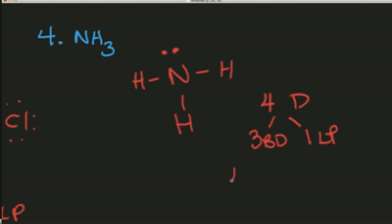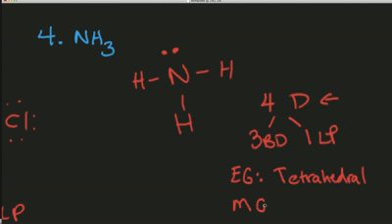So that means the electron geometry will differ for the first time from the molecular geometry. The electron pair geometry is going to be tetrahedral because there's 4 domains. The molecular geometry is going to be,